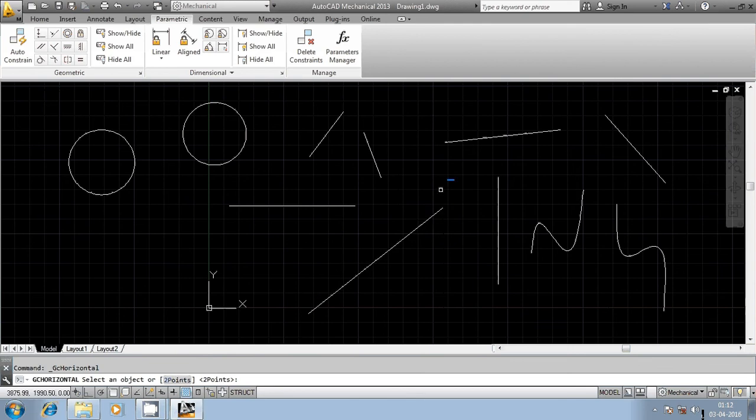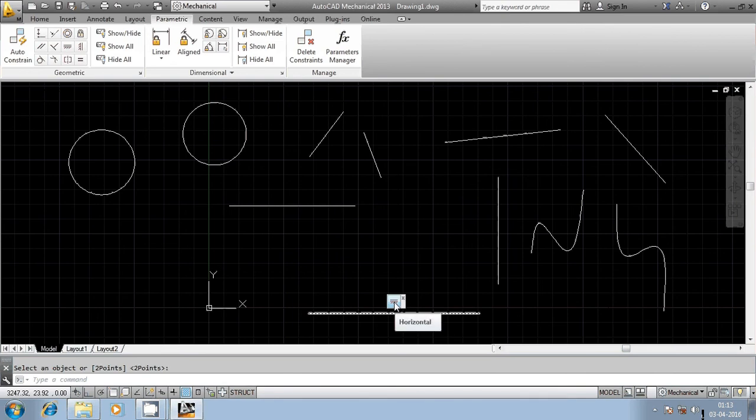So the other point which is far away from the clicked point will reorient with reference to the reference point. Now this is my reference point. That is the reason I am going to click on the geometrical entity nearby to the reference point. I want to reorient this with reference to the reference point. Just click here. You can observe here this line changed its orientation, it became horizontal. That is the reason horizontal geometrical constraint is generated.